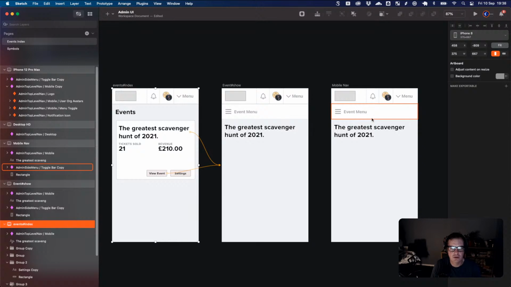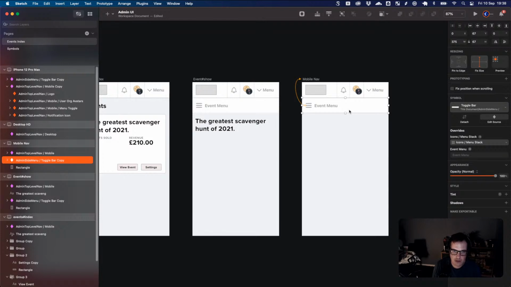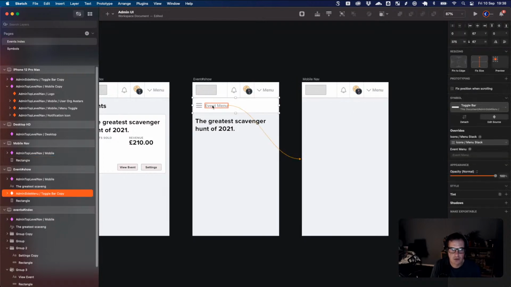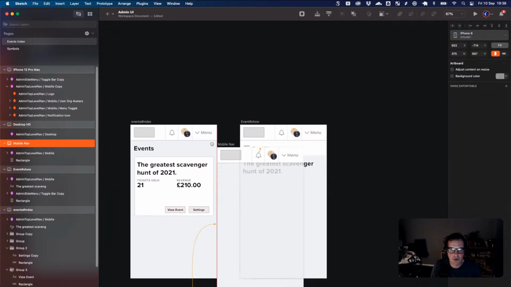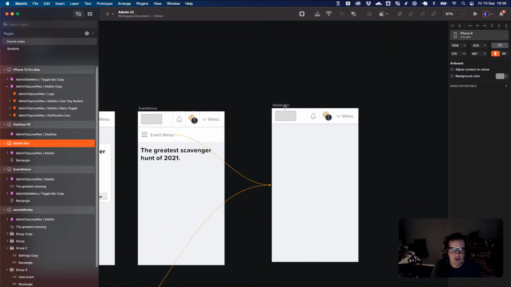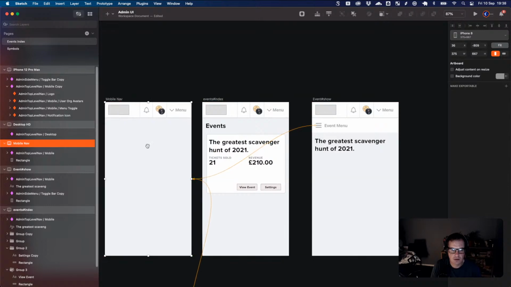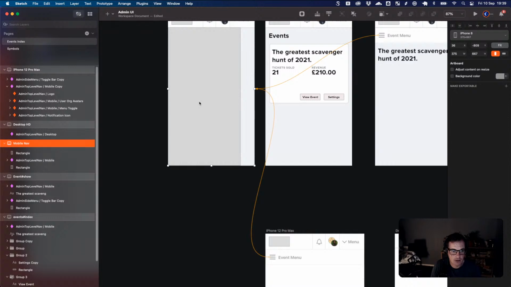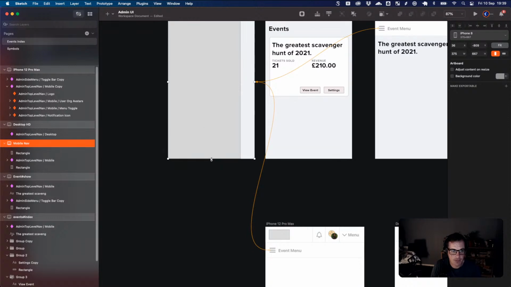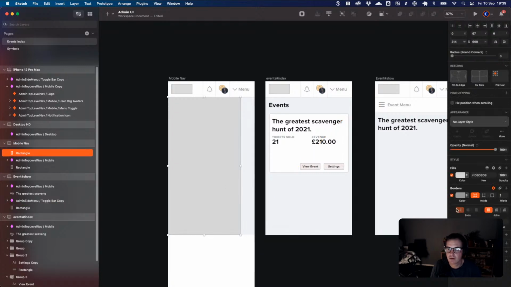And then here when we toggle, take that out, that can go to there. I'm going to put this one first because it will be the one with the constant toggle. So that one. And here we can then build out a symbol that will represent our mobile nav. Probably longer because I think it's going to run off the bottom of the screen. So we're going to have a cool